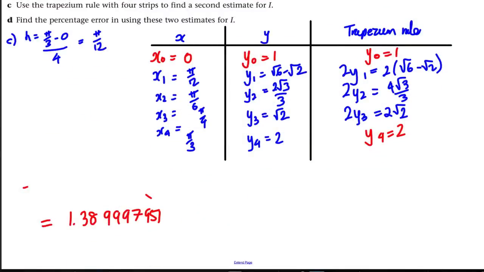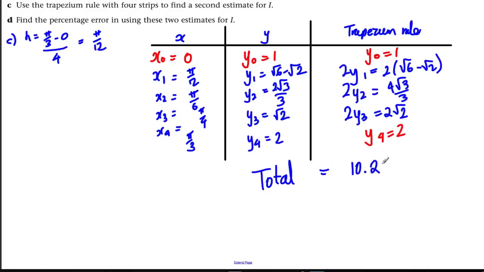Okay, now what we're going to do is we're going to add this up. So we're going to do a total now. We're going to add this up here. So we're going to have 2 plus 1 plus 2 root 6 minus root 2, close brackets, plus 4 root 3 over 3 plus 2 root 2, and you type that in and you're going to get 10.20838056. So therefore my approximation to I is going to be a half times h, so a half times pi by 12 times by this